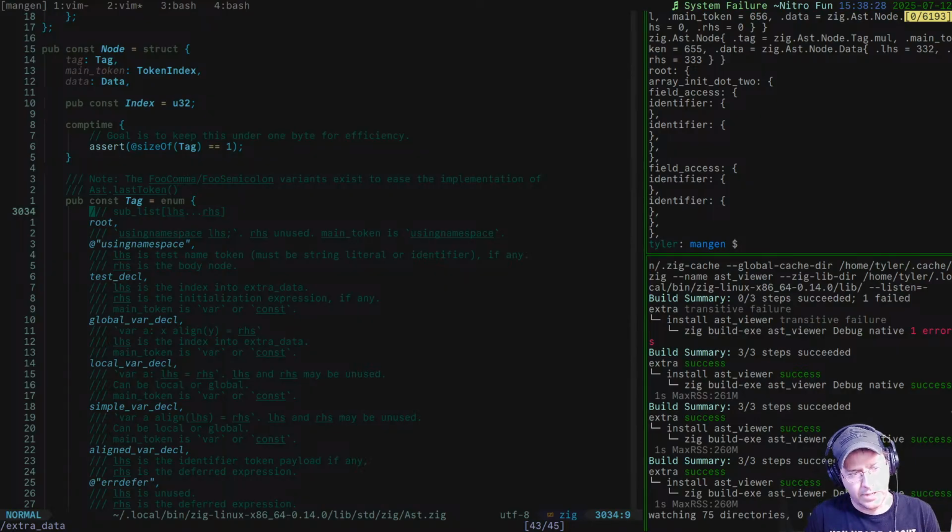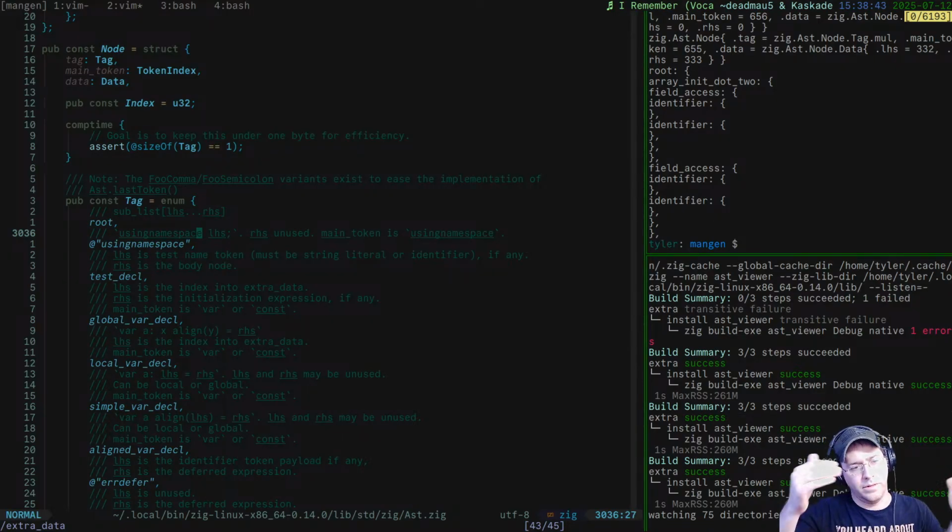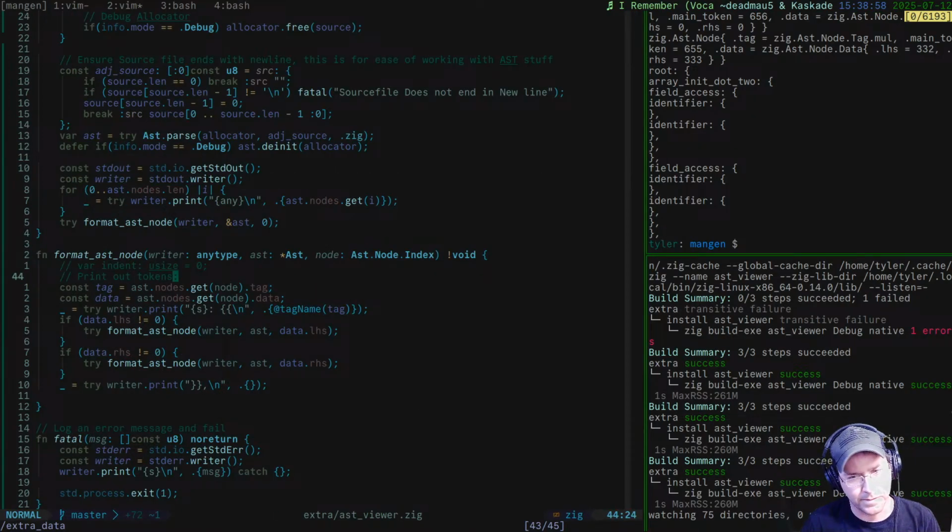And then for using namespace, LHS, RHS is unused. Main token is using namespace. So in that case, I think LHS is the index into the node list. But because I was using the array here,